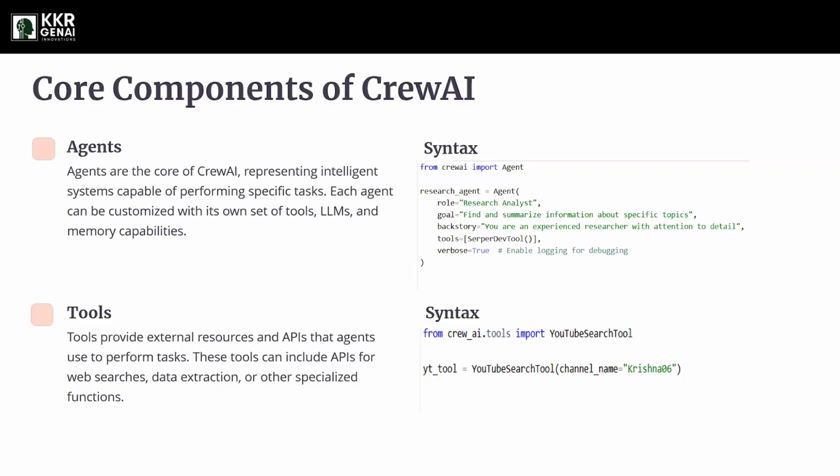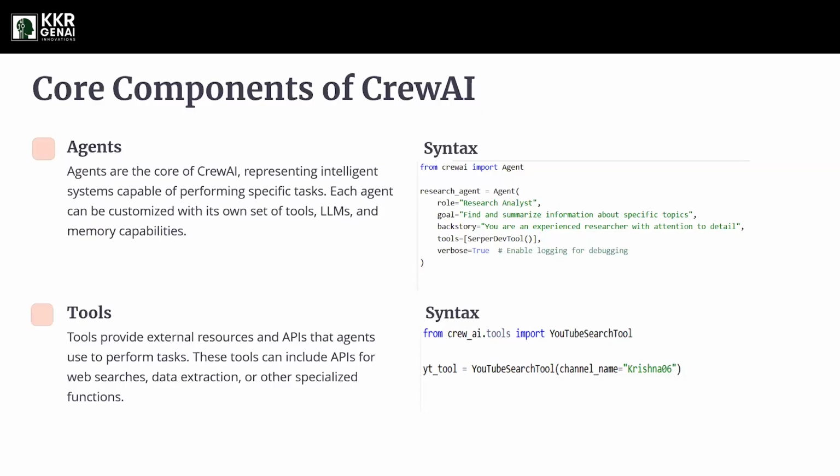And when we talk about tools, tools are nothing but the gadgets that we are giving to our AI agents, so that with the help of the tools, they can do the tasks that are assigned to them. In the current market, we have tools like the YouTube extraction tool and the PDF extraction tool. You can also see here there is something called the Serper Dev tool, which is used for searching web content. We have many tools like that.